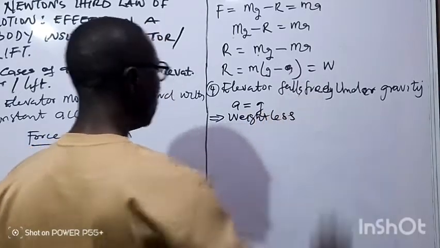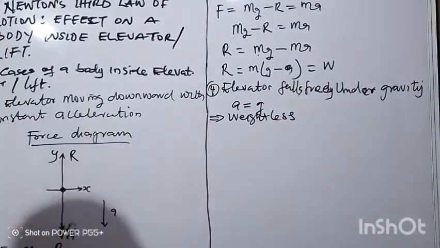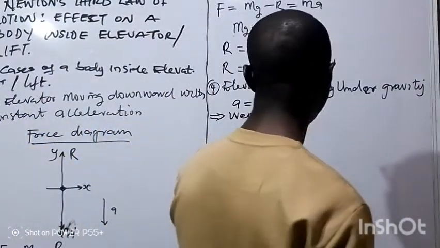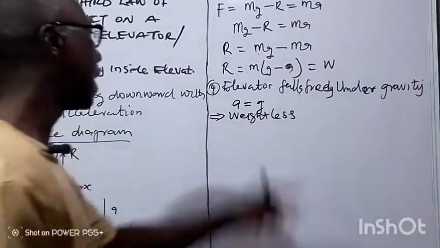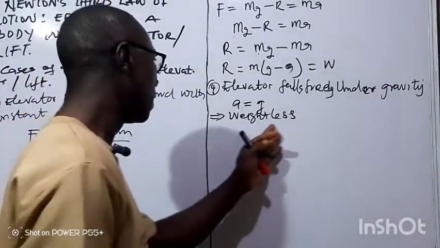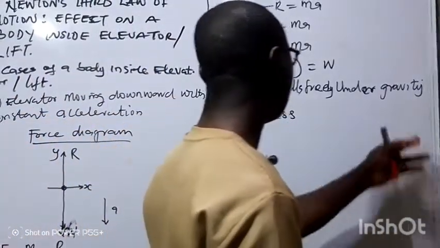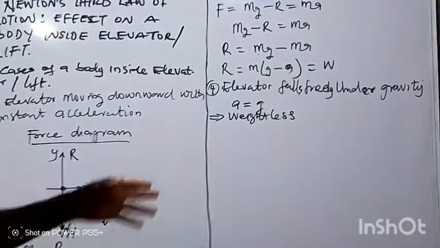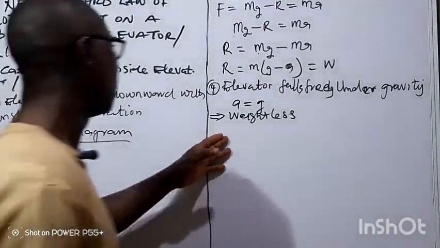So it becomes weightless. Since A is equal to G, it has no weight at all. And when the body is weightless, it floats about inside the lift. It will be floating about inside the lift because it has no weight. Now, from what we have seen, under the effect of